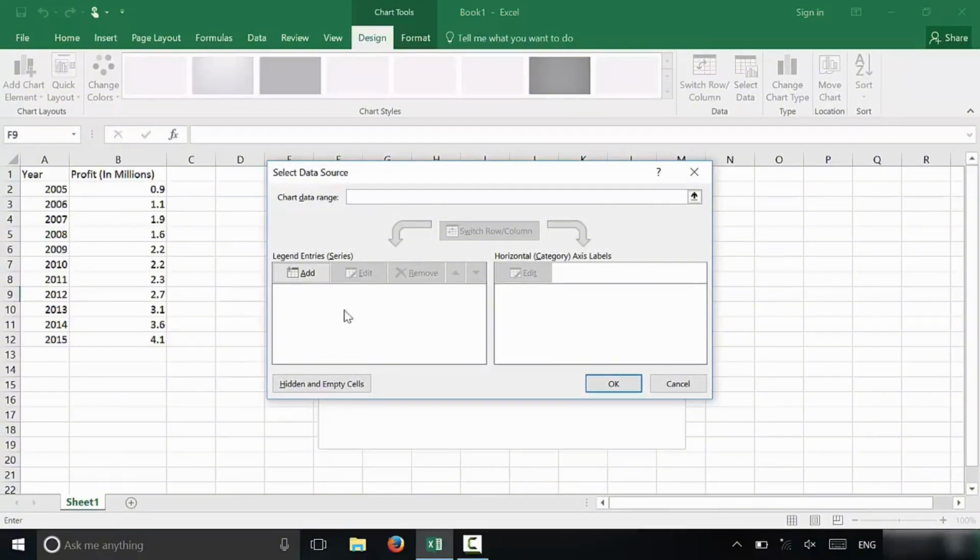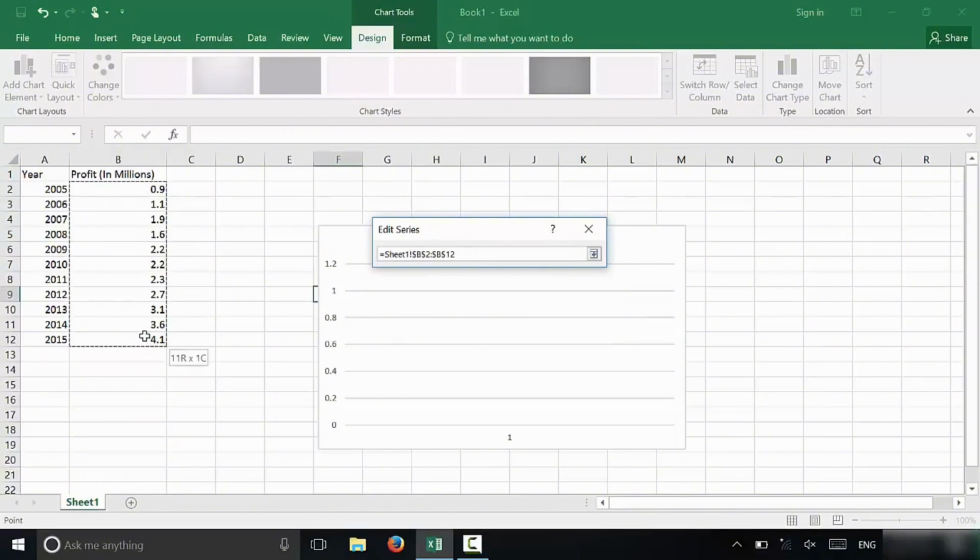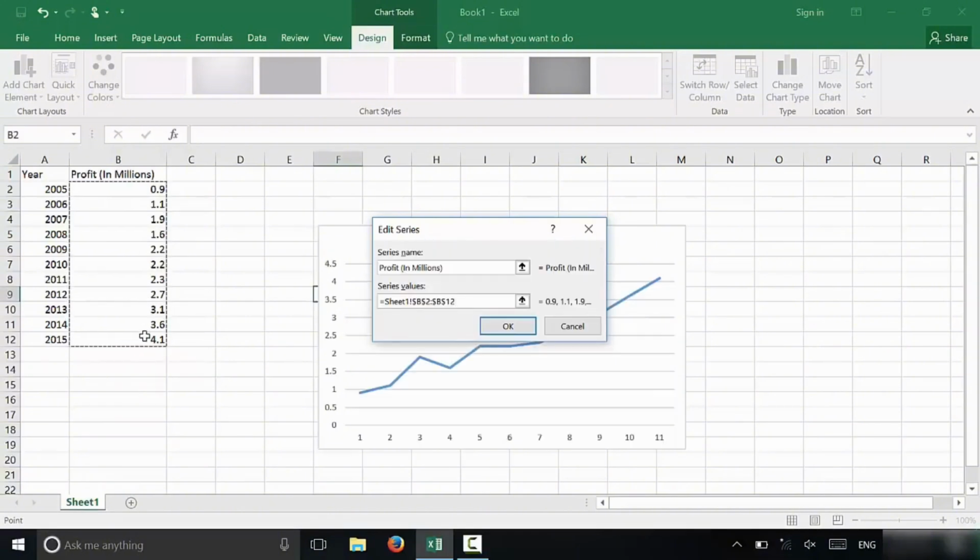And basically you can click add right here, and basically you're gonna add the name of that data. And basically I'm gonna type profits in millions like in the column, and what I'm gonna do, I'm gonna just go ahead and select the whole column right here on my spreadsheet, basically all the numbers. And what I'm going to do, you're going to be able right here to see a number appearing